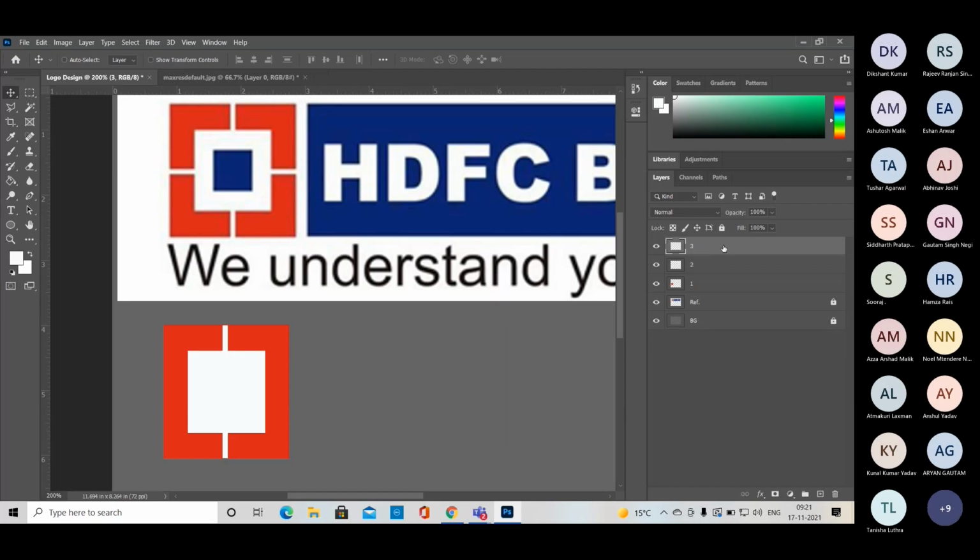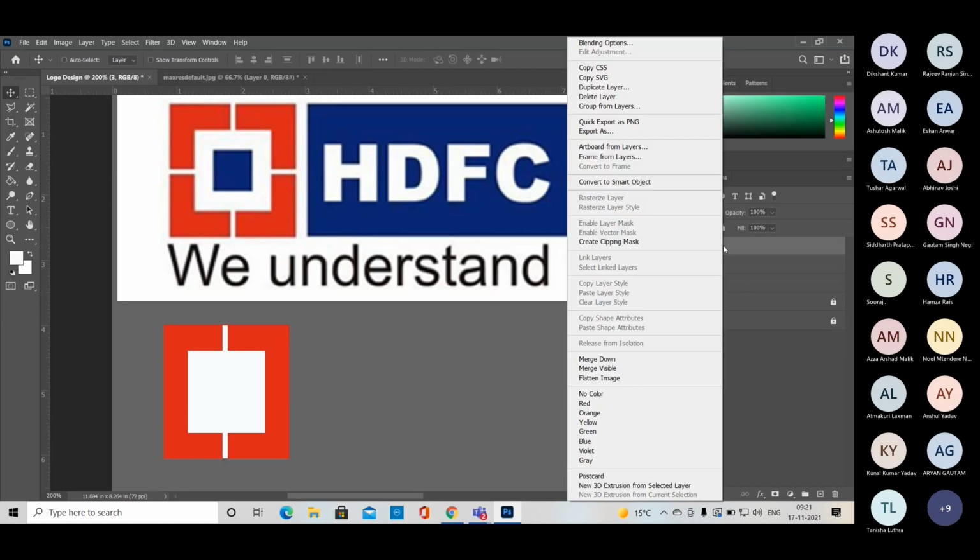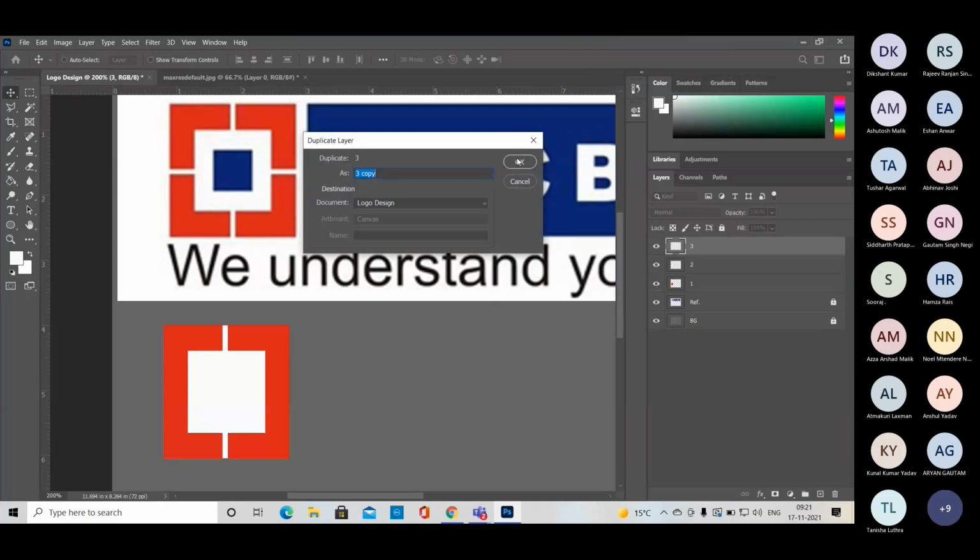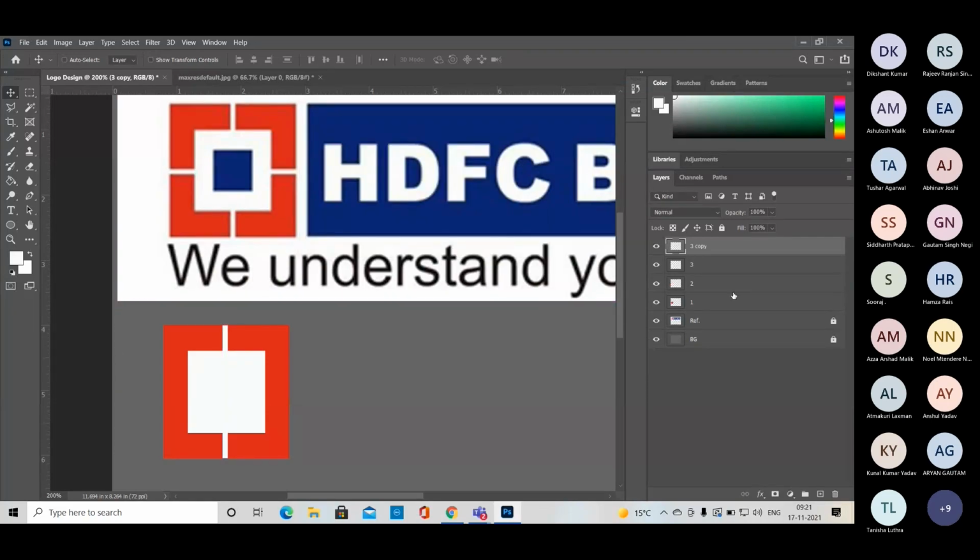Control Z. Another option, just right click, and then right. So we can find this. So in Photoshop, we have different options, different tools, and we have lots of options to do the same thing, right?